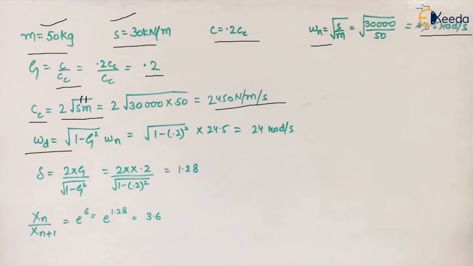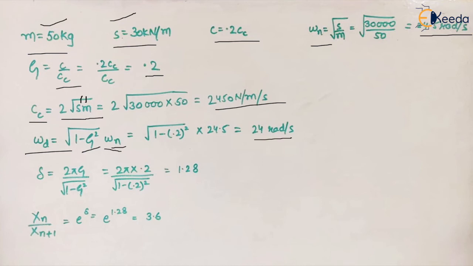The third thing we have to calculate is the natural frequency of damped vibrations. Now, while doing the derivations, we have already discussed that the natural frequency of damped vibration is always less than the natural frequency of vibration. So the relation is given by omega n under root 1 minus zeta square. We know the value of zeta and omega n. We place the values and we get the answer.